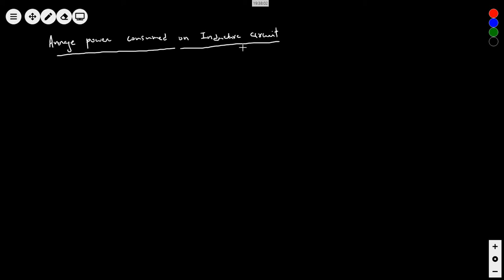So in the case of an inductive circuit, meaning L, I'm not going to explain too much here. This is an inductor, and what do we have here? We have the AC source, which is E equals E naught sine omega t, right? Equals E naught sine omega t. Now, again we will use ELI the ICE man.